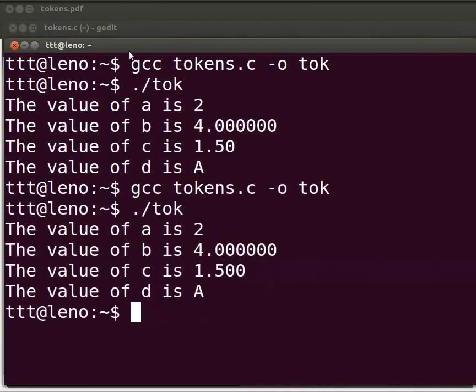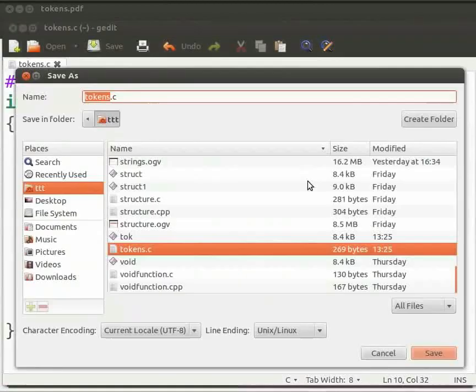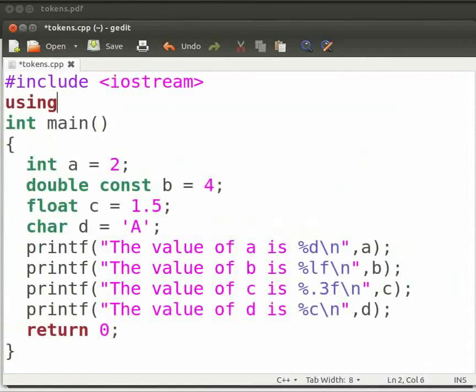Come back to our program. I will change a few things here. First, press Shift, Ctrl and S keys simultaneously on your keyboard. Now save the file with an extension .cpp and click on save. Let us change the header file as iostream. Now include the using statement and click on save. Now replace the printf statement with the cout statement since we use cout function to print a line in C++.